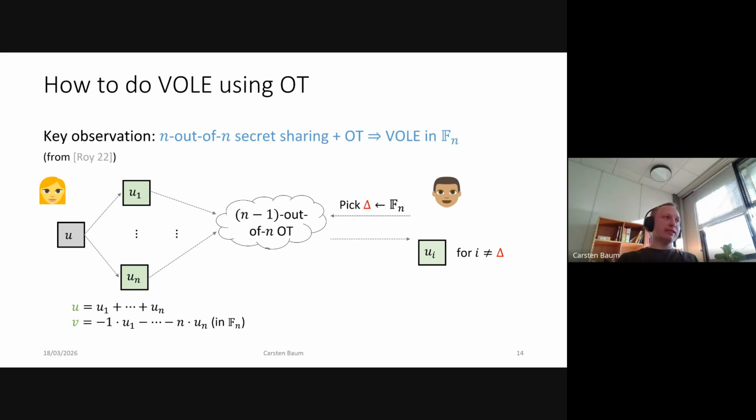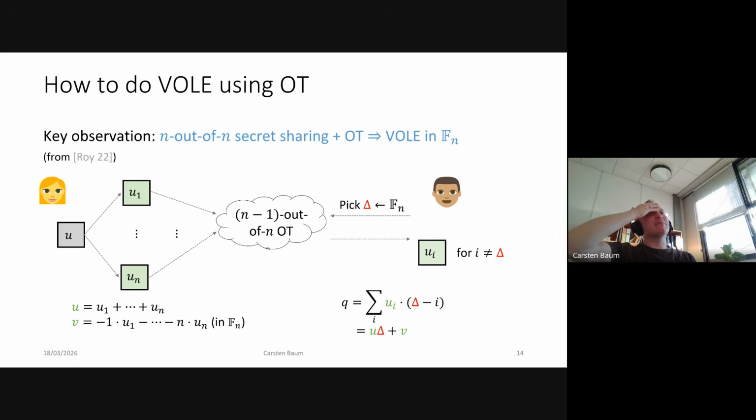that my prover needs. Now I just need to make Q, and delta I've also already chosen. How can I derive Q from this? If I have this linear equation defined by U and V on the left side, how can I get Q on the right side based on these n-1 values? And the thing that Lance observed back in '22 is the following. It's really trivial, but it's great.